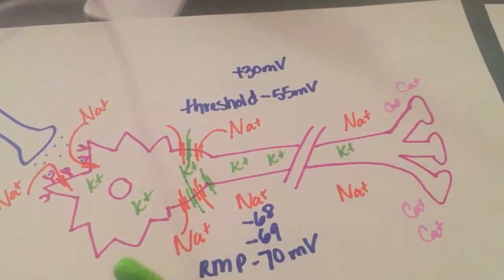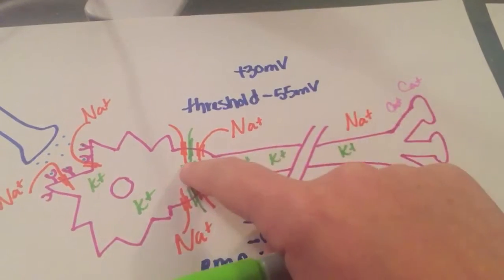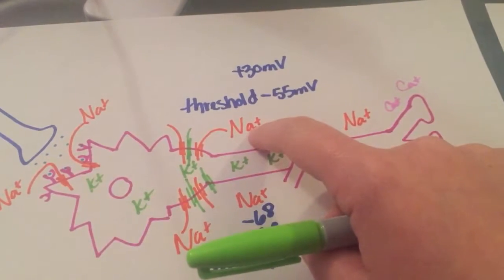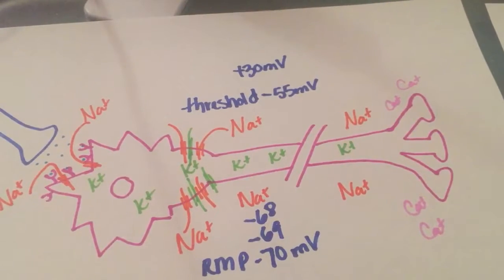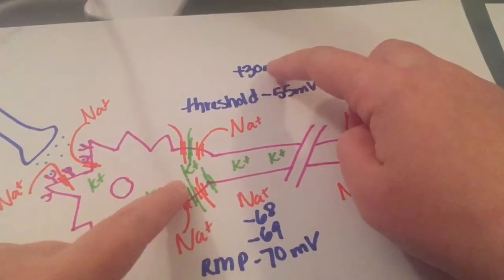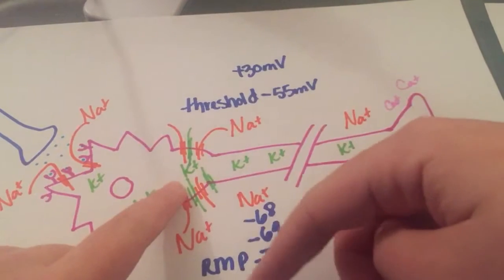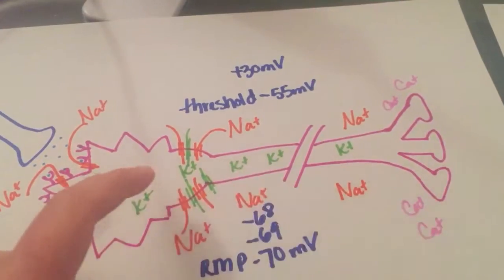To reach threshold, it takes a combination of excitatory and inhibitory stimuli occurring until there's enough more excitatory stimuli than inhibitory stimuli so that they can reach this negative 55 millivolt threshold. Like I said, at negative 55, both these channels open. This one just opens up a lot faster, flooding the axon hillock, depolarizing the membrane to positive 30. The slower potassium channels catch up, it repolarizes, and the process of repolarizing this segment causes the next segment to reach its threshold,